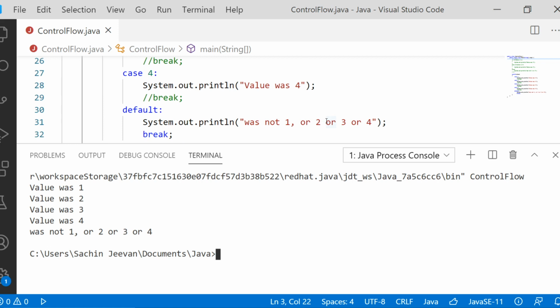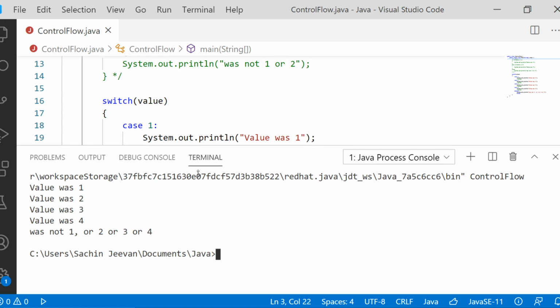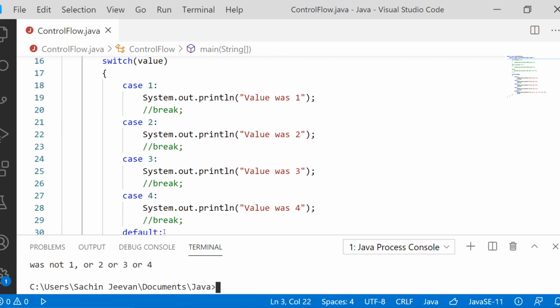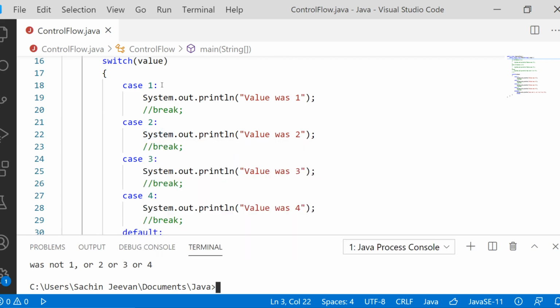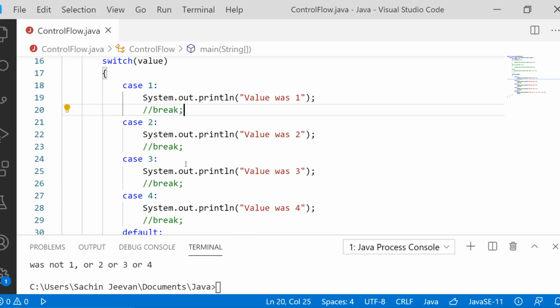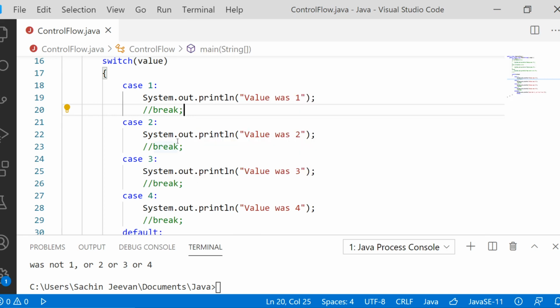All things are printed. So if break is not provided, it is like a pipeline without any stopping point. When you pour water, it will flow up to the end of the pipeline. If break is provided, wherever break is found, there the water will stop. So if you don't want to stop it, then just don't give break. But if you want to stop, then you have to provide break.